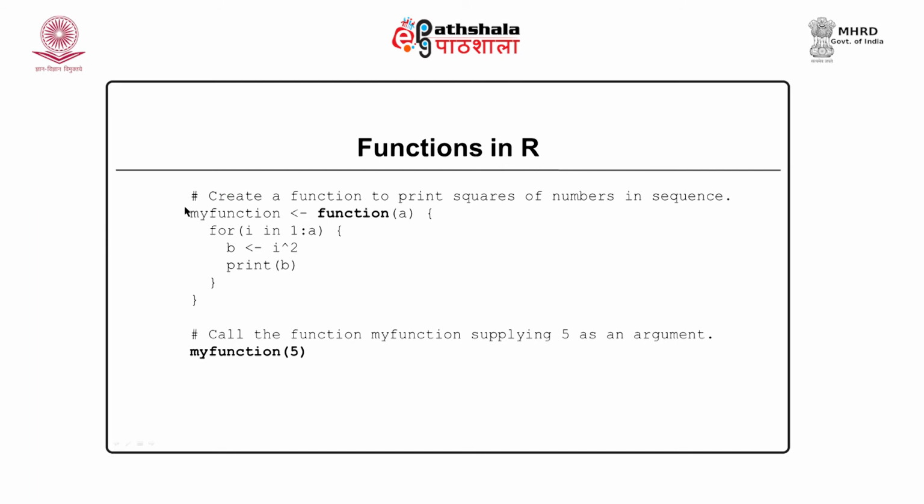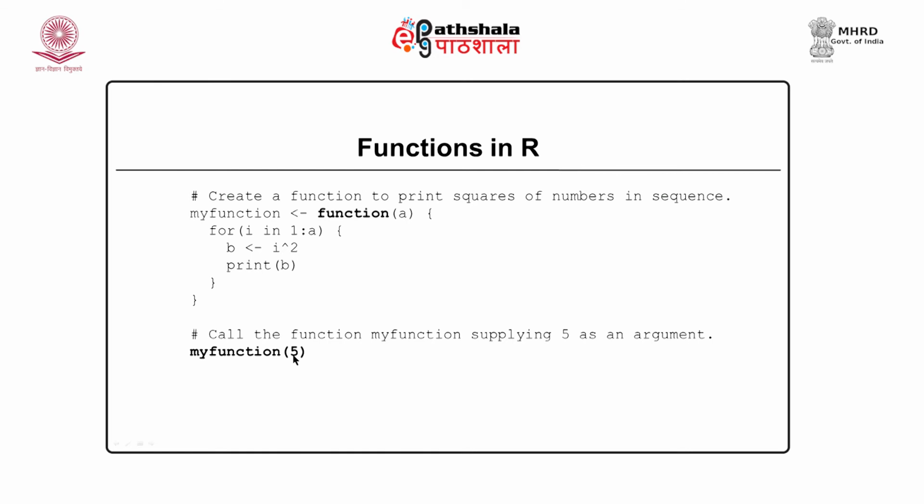Here I am creating a function. The program has two parts. In the first part I am creating a function, and in the other part I am invoking that function. So, here I am creating a function, that is my function. This my function takes an argument. So, here at the bottom I am invoking my function and the argument is 5.